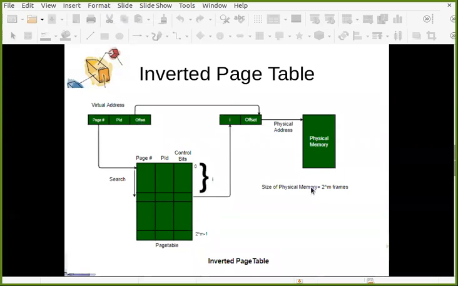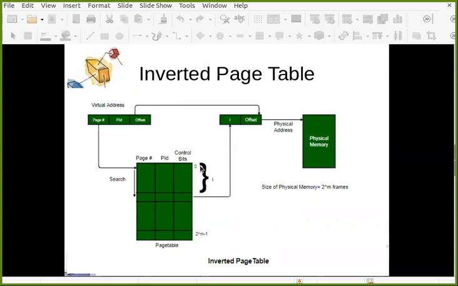So get that frame number i, add the offset, and you get the physical address. So this is the inverted page table. Now the problem is solved. Whatever the size of the page table of any process, it doesn't matter, because for all processes there is only one table, that is this page table, and it is called inverted because it maintains an entry for each frame that you have in main memory.